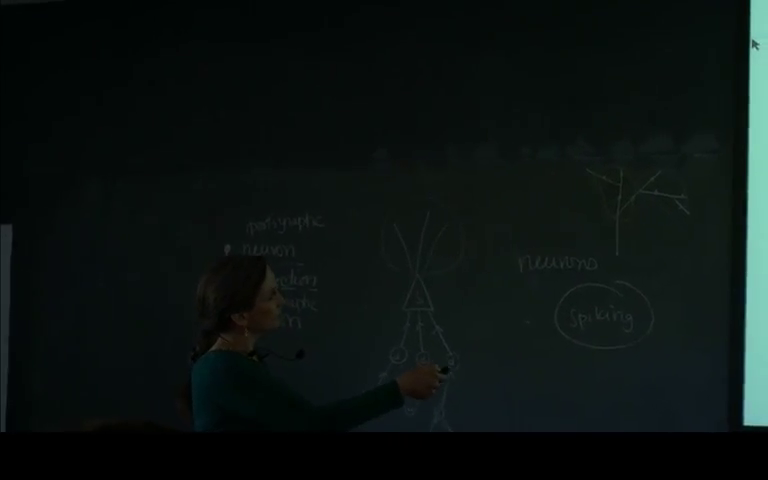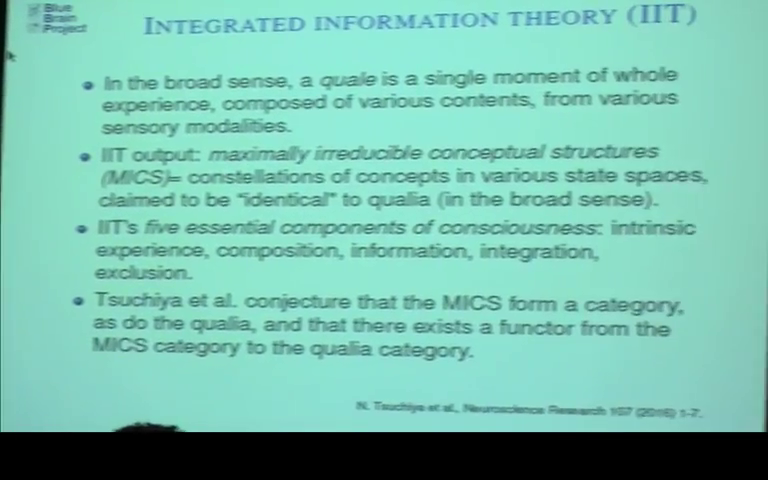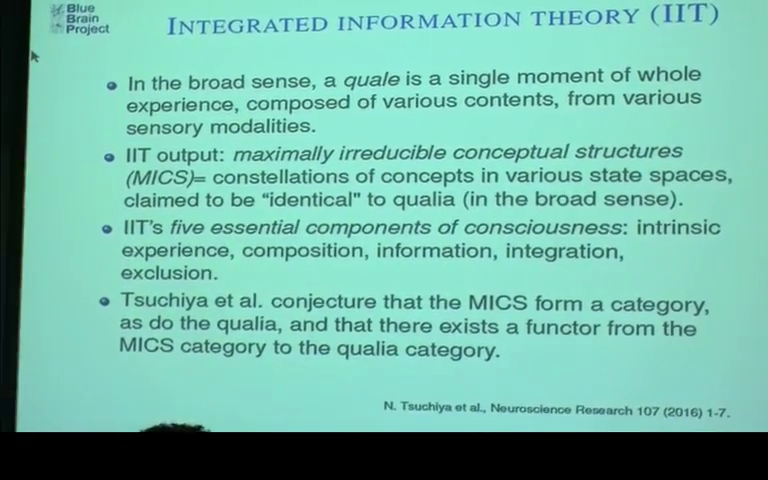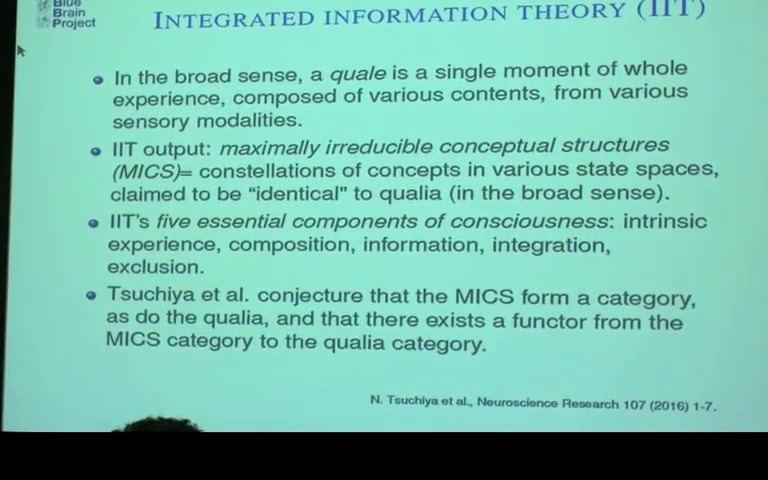So the output of this sort of theory is what they call a maximally irreducible conceptual structure. So they have some sort of state space, which is talking about the temperature and the color and the day of the year and all, whatever that is. And so you have a constellation of concepts within the state space. And they say that these are identical in some sense, which is sort of mysterious, what it means to be identical, to qualia. Okay. And then they have five essential components of consciousness: intrinsic experience, this is your own personal experience;